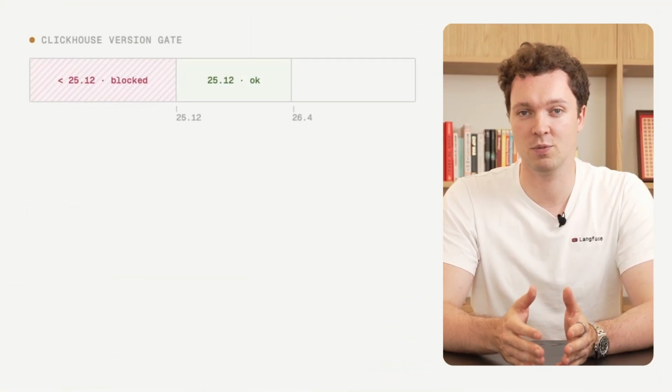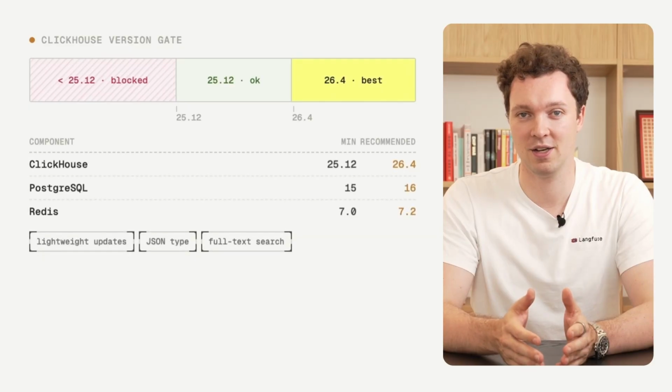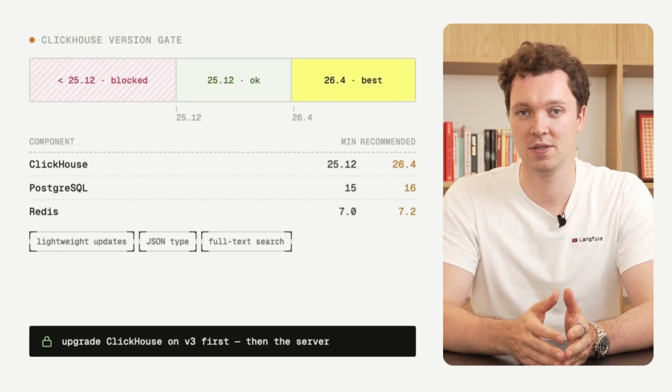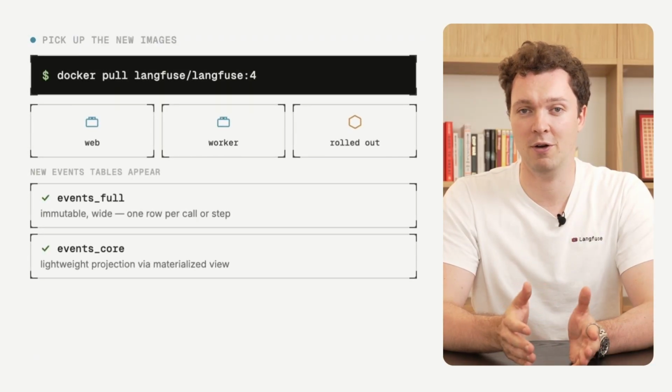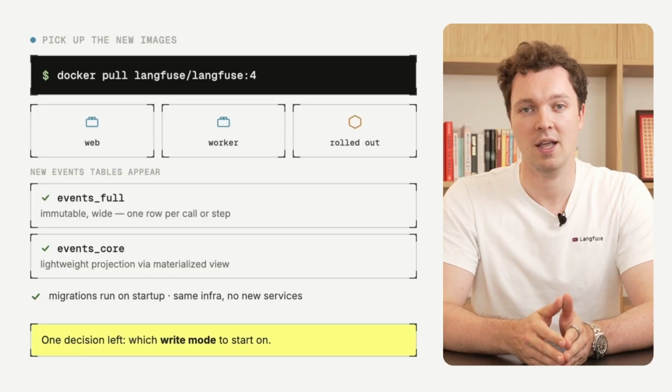If you want to benefit from all the advantages and advancements that V4 brings you, but you run Langfuse yourself, there are a few steps you need to take to upgrade to our newest release. The first important thing is that you run ClickHouse 2512, ideally ClickHouse 26.4. This is the main prerequisite to get started. From there, you can pick up our new Docker images, roll them out, see the new tables, and get started